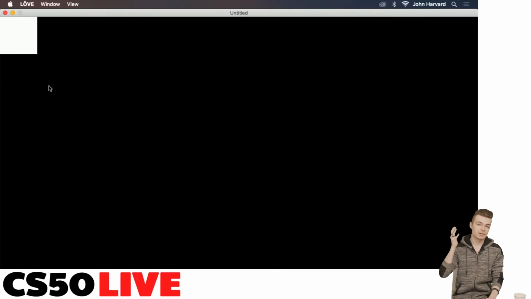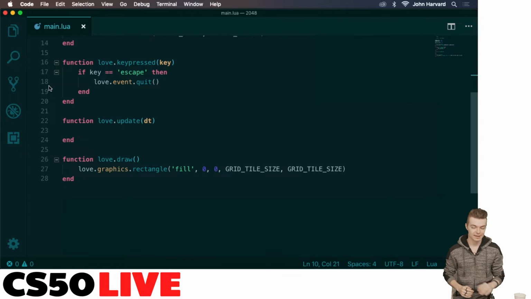So it's kind of flipped based on what you might have learned in school, where y positive is actually up. In Love, it's actually down. Although in Unity, if I remember correctly, y positive is up, and y negative is down. So it depends on your environment. This might not translate to every single 2D environment that you decide to program in. But